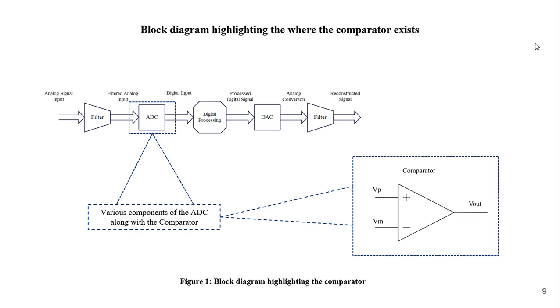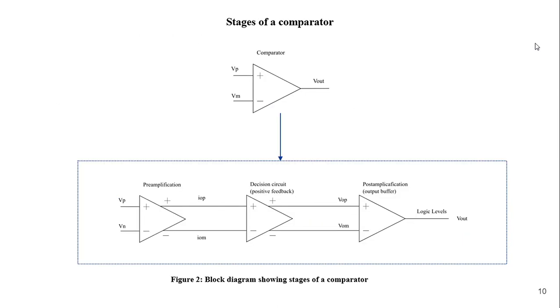So this is the block diagram highlighting where the comparator exists. The conventional comparator has 3 stages: the pre-amplification, the decision circuit, and the post-amplification. In the pre-amplification stage, the input signal is amplified to a certain threshold, because